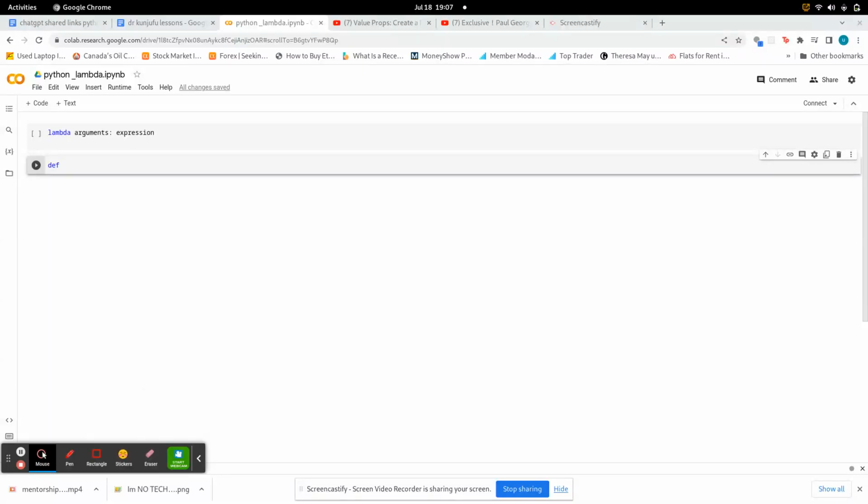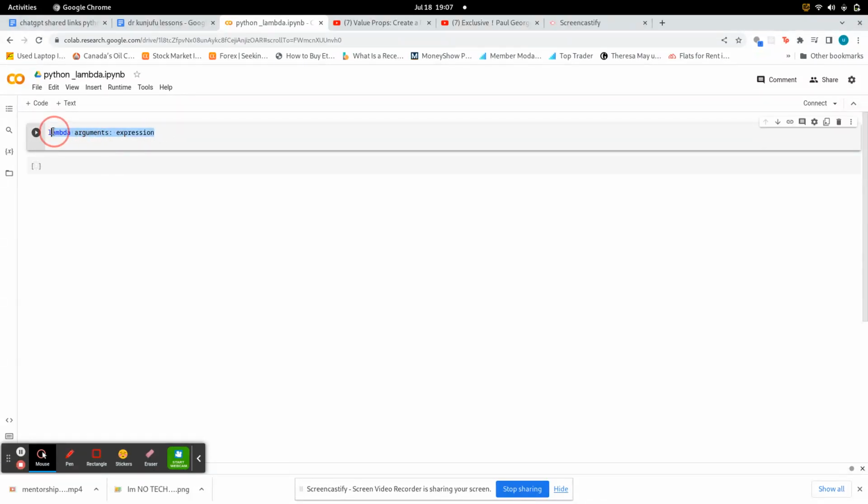All right, so I'm talking about lambda functions. Yep, so I'll be talking about lambda functions. Right now we have this expression, and this is the syntax for a lambda function, where you have lambda